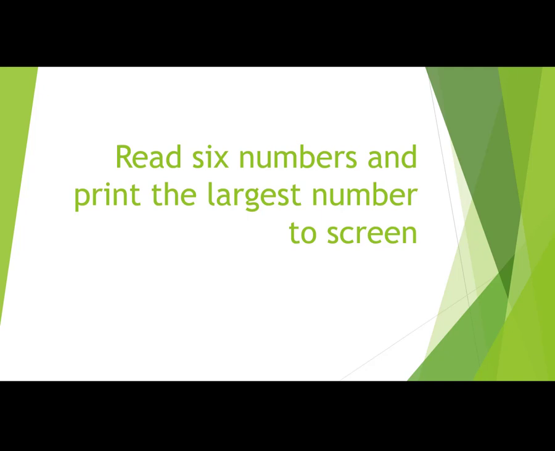So those are keywords that basically tell you what's coming next after those keywords. If I say something like display the total on the screen, it means that everything after display would be displayed on the screen, and so that would be output. Okay, so let's just go over question B. It reads, read 6 numbers and print the largest number to the screen. So what would be your input,